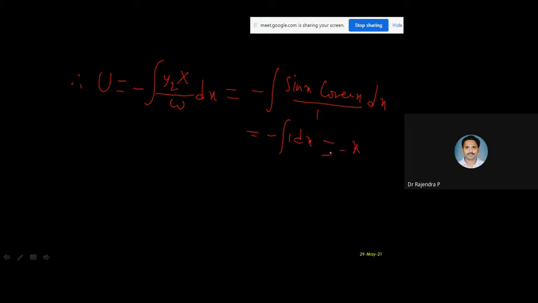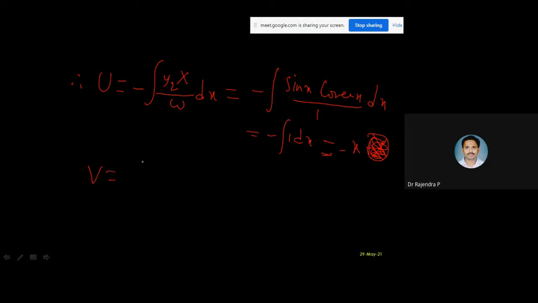Because it is an indefinite integral, you may be worried about the arbitrary constant and may add an integral constant. Please don't add it. The reason is that for this particular problem, we found the complementary function, and there we have the arbitrary constants C1 and C2. You need not take one more. Just write it down like this. Don't take plus C, because we are habituated to doing that while integrating. Follow me as it is.